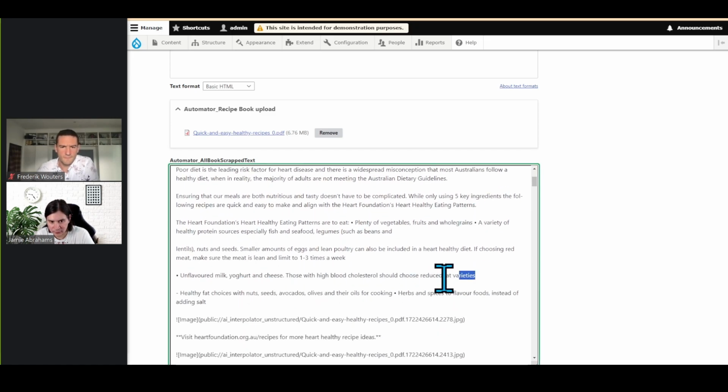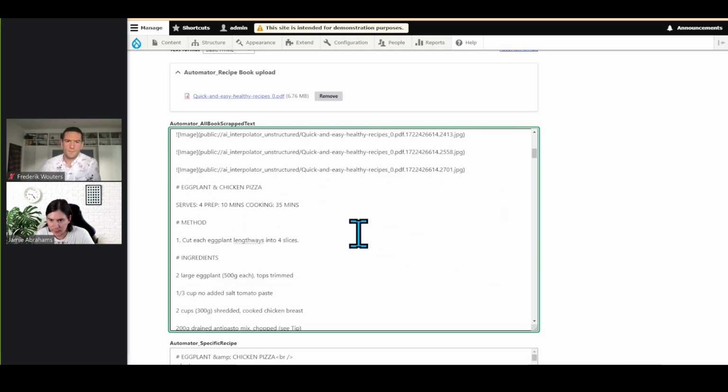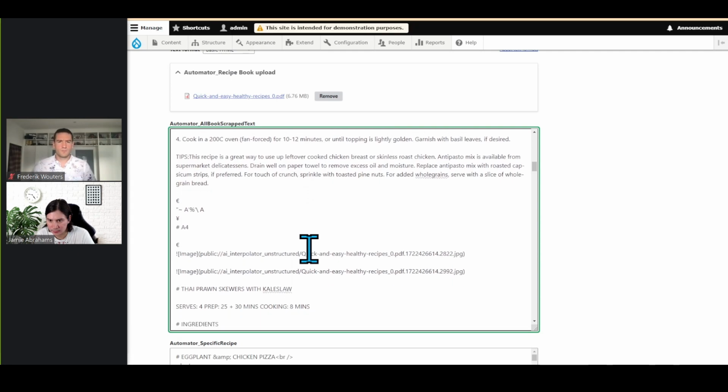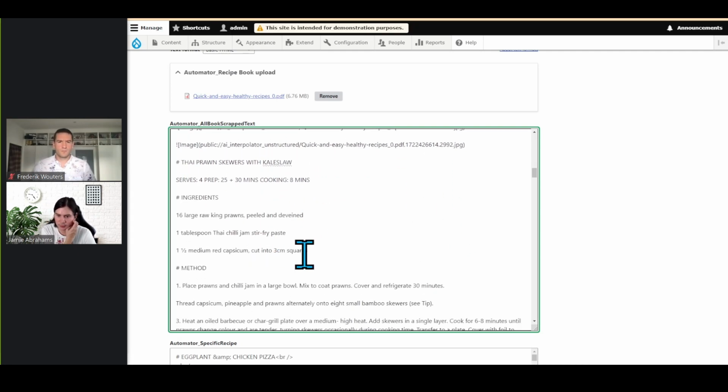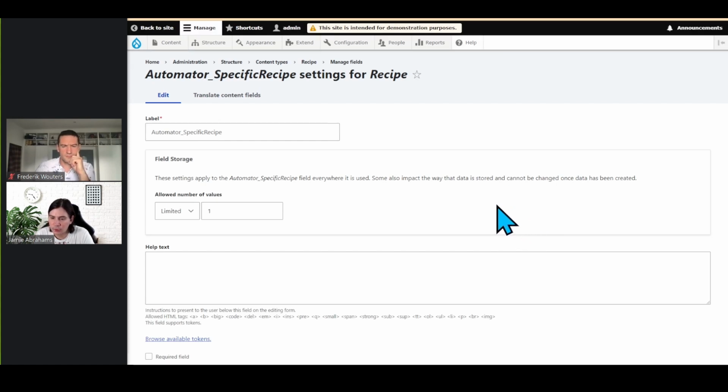So you can see it's trying to bring in lists. It's giving titles. You can see method. It's not got it perfect, but method 1, ingredients coming along here, etc. So it's extracted everything. Now, the second thing is we want to deal with the specific. We've got the whole book now on every single field, but we want to deal with the specific recipe that we've uploaded. So here we've created a new text field that is plain long,